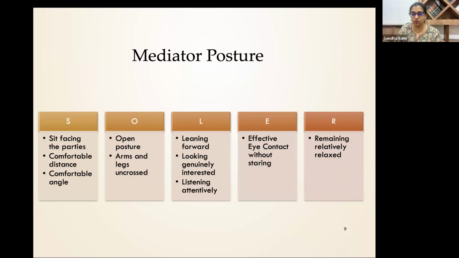I want the parties sitting closer because I want to hear them clearly. And I don't want a high back for me. I want to be at par. I'm not a judge. I'm not sitting here. I don't want people to call me Your Honor, because in the beginning, that's what people would do. They didn't know. And that makes a huge difference. Imagine talking to someone out there, and imagine talking to someone who is willing to listen to you at par with you. So those little changes are not just with the body, it's with the environment that you create.